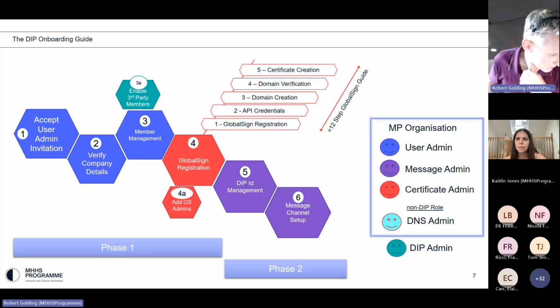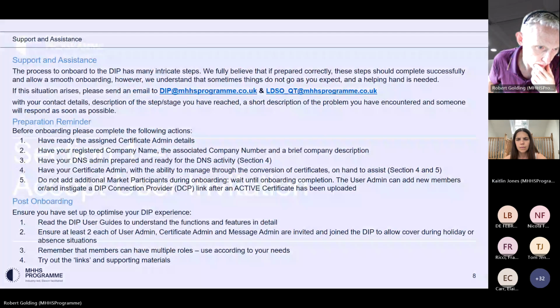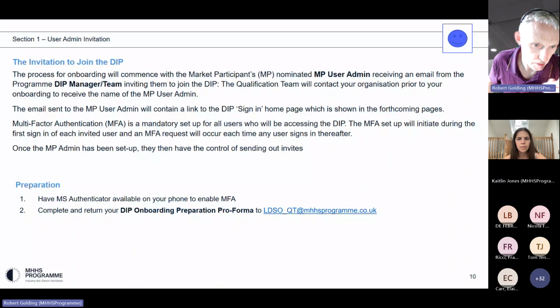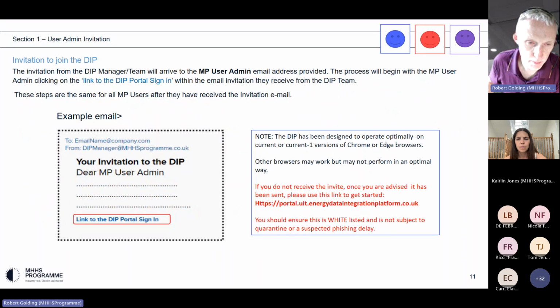Remember, he's saying what slide it was. I think it was member management. It was saying you can onboard into your organisation if the DCP organisation is whitelisted against your domain. That is possible because the domain gets whitelisted automatically. Well, not automatically, you tick the box once you've assigned the DCP to a DIP ID, but that's way down the process. It can be done beforehand by sending a support desk ticket into the